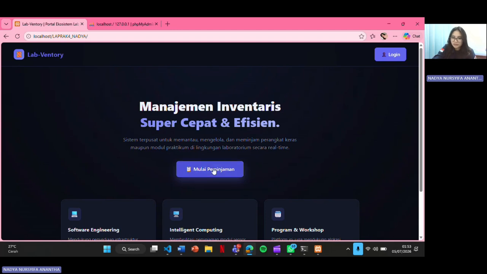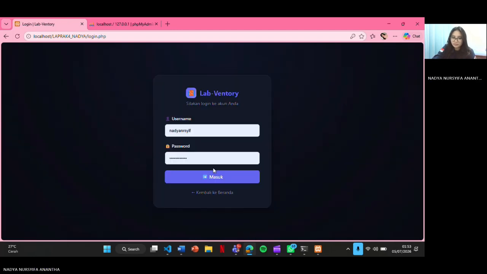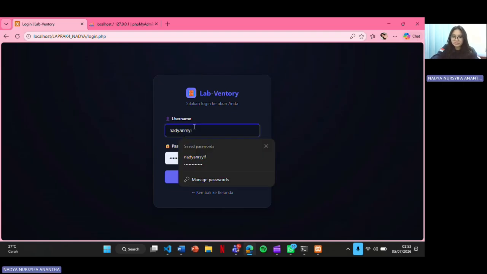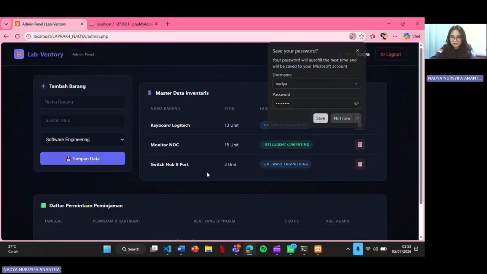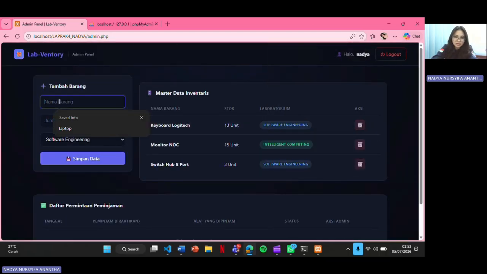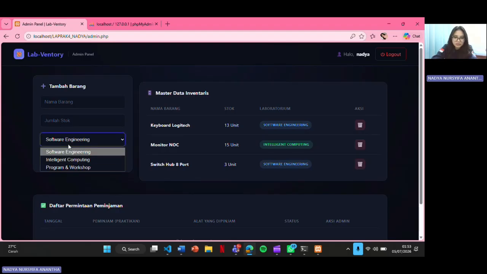Okay, let's try my username. Okay, this is the user page. Here we can input the tambah barang, the jumlah stock, and choose the lab: software engineering, intelligent computing, or program and workshop.